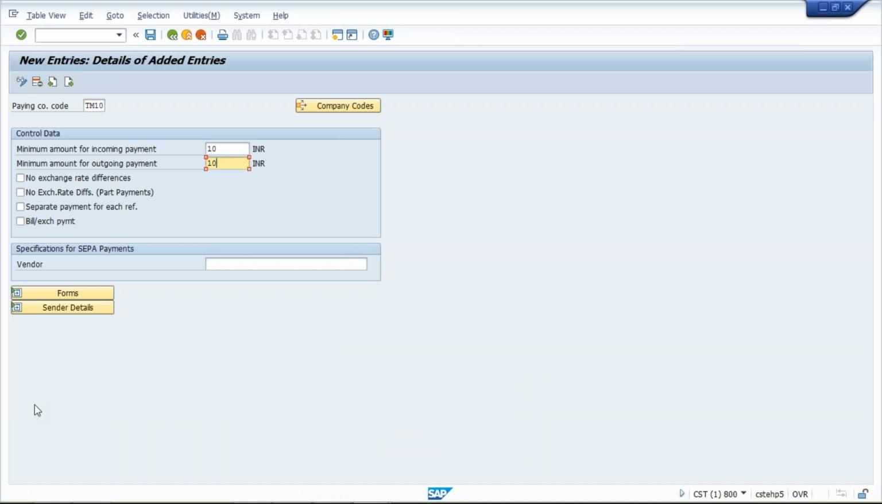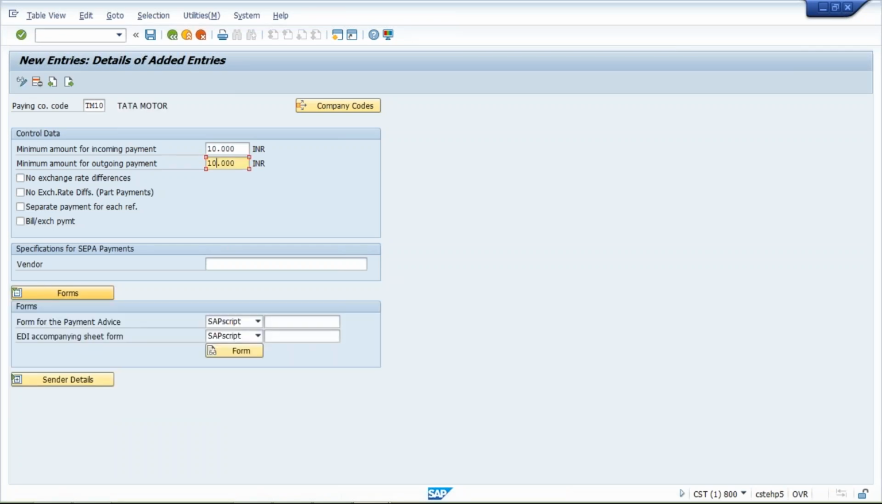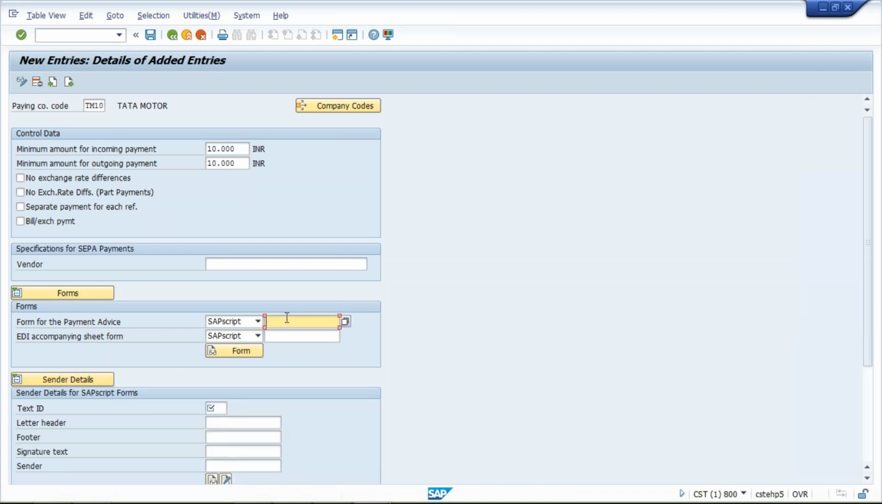Now, then click on the forms, and here form for payment advice. Now, and click on sender detail also. Now, here what will happen, whenever we run this APP and all, then what will happen